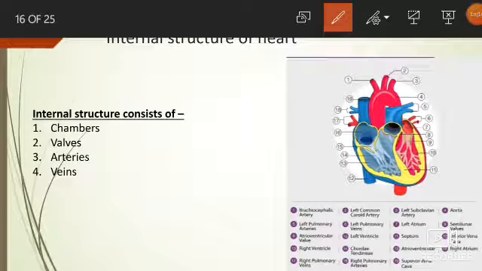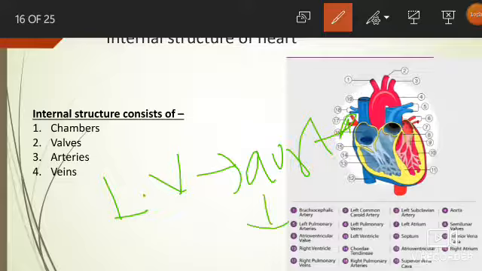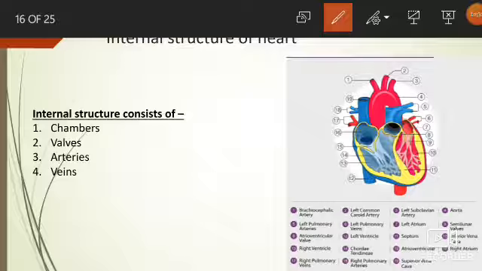Similarly, the red portion shows the oxygenated blood, that means pure blood. This pure blood leads to all parts of the body from the left ventricle, then aorta, then the whole parts of the body. So this function is done with the help of the aorta region, and many arteries branch off from this region and lead to various parts of the body. I hope you all get this.